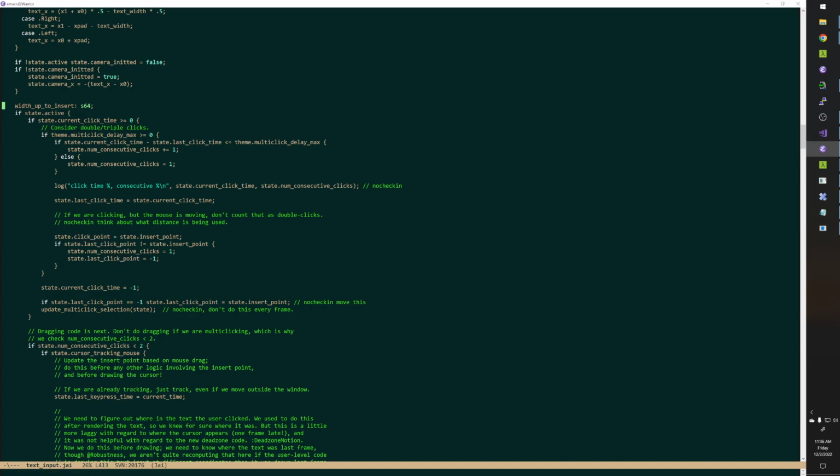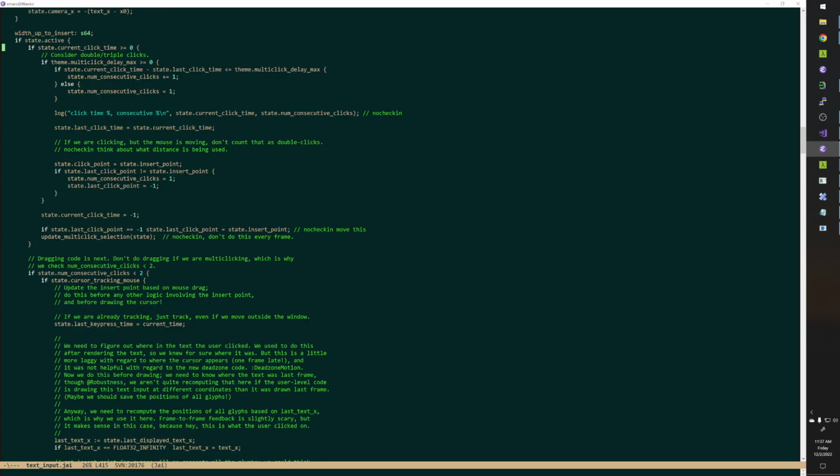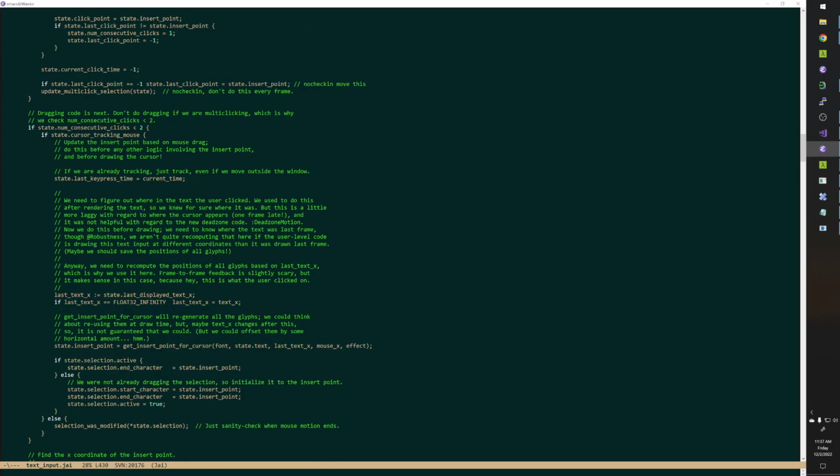So, see, I do want, okay, I could recompute the insert point myself. It's actually easy. Maybe we should do that rather than using,